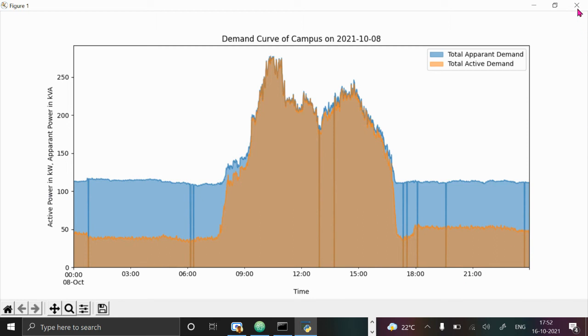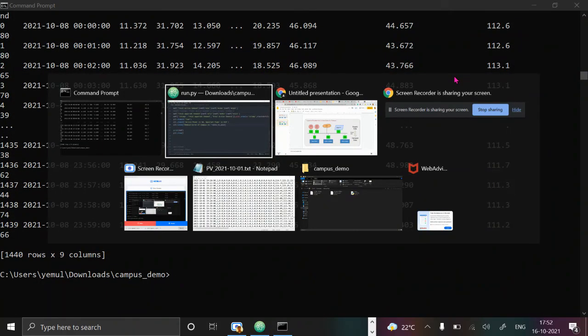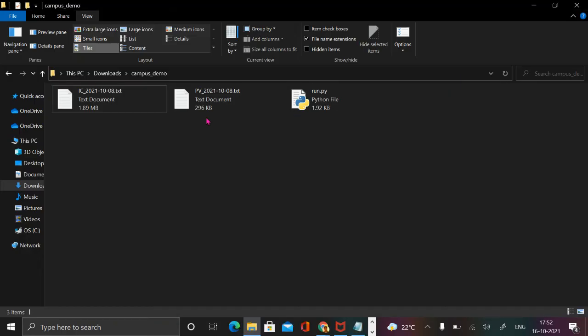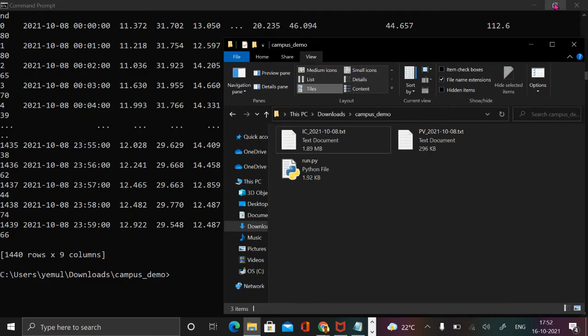Now, what if the date changes? So I need to get the raw data. I'm just going back to this one.